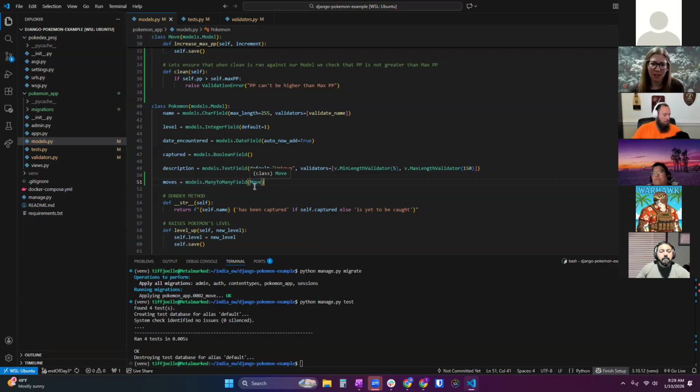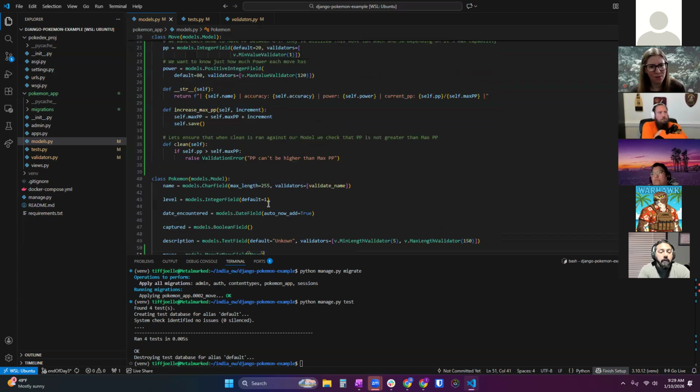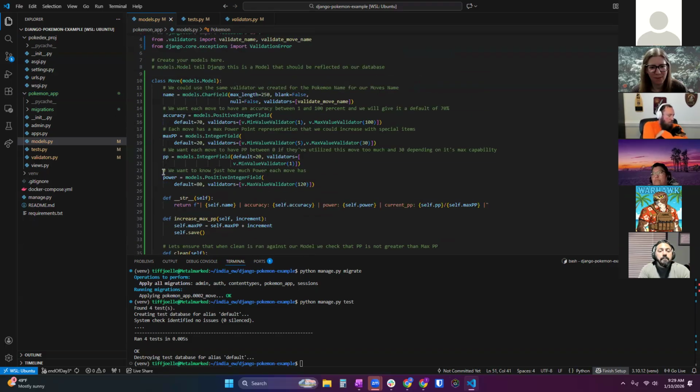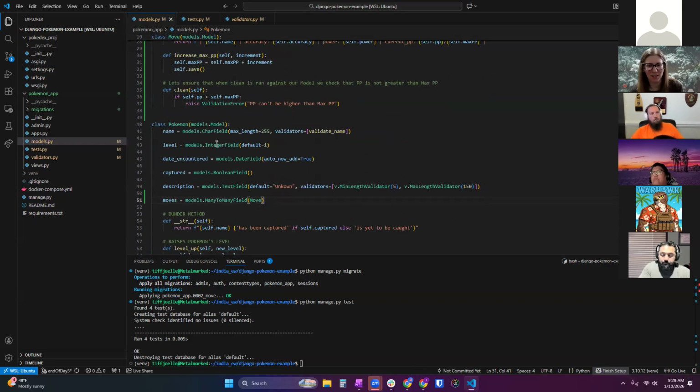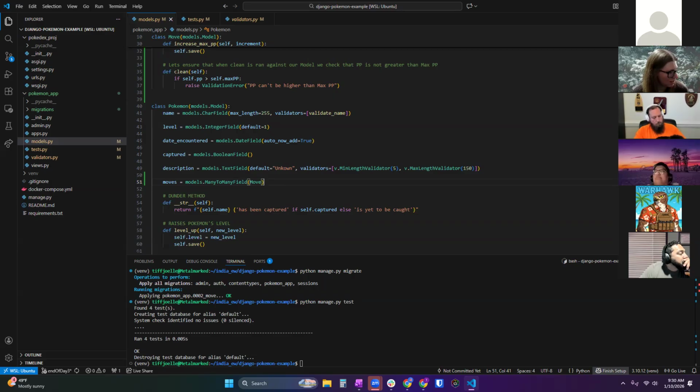Now you're probably like, well, okay, so with this, we can do Pokemon.moves and get all the moves we're about to assign to Pokemon, right? But since move doesn't have a Pokemon field, but move will have lots of Pokemon assigned to it, because that's the idea of a many-to-many, how can I see what Pokemon have this move? So we will look into that. It's not as clean cut as using an intermediary table. We just have to learn this is how you do that. But let's go through that with some examples here real quick.